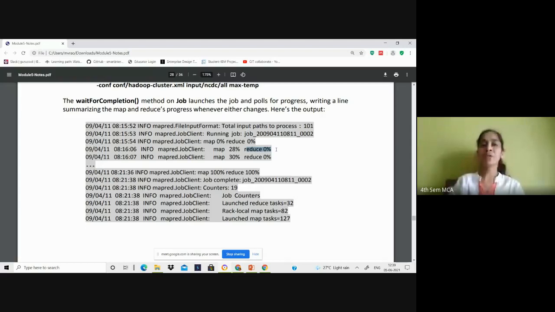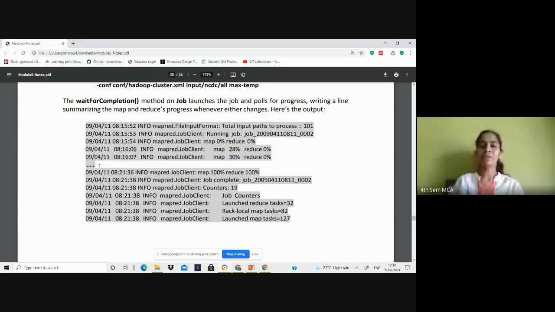You know the reason for this. Unless map jobs are executed up to some extent and start giving output, which is given as input to the reduce phase, reduce can't start executing. That is why it is given as 0%. Okay, now map progress is 30%. Then reduce hasn't started still. Maybe after map job executed up to some 80% or 70%, then reduce job may resume execution because some of the output from map task is available as input to the reduce task.